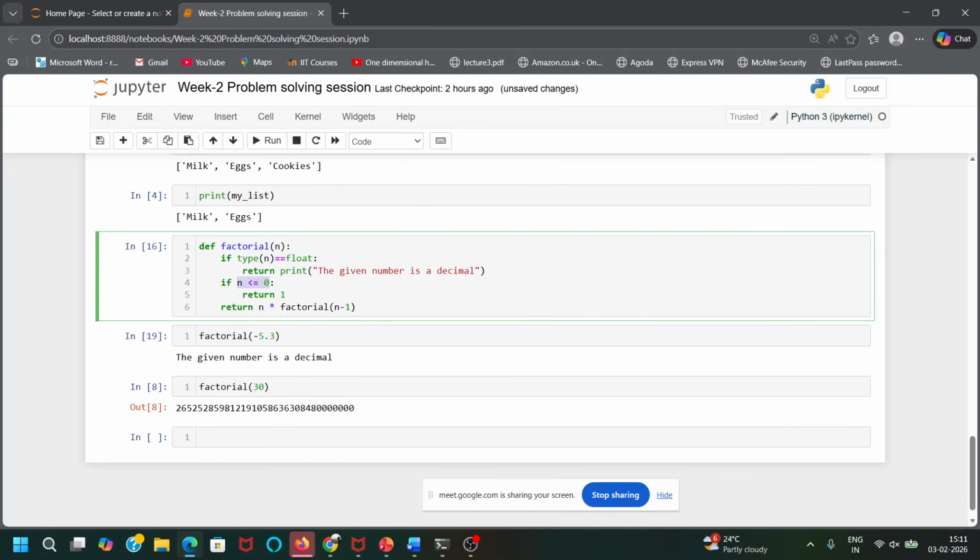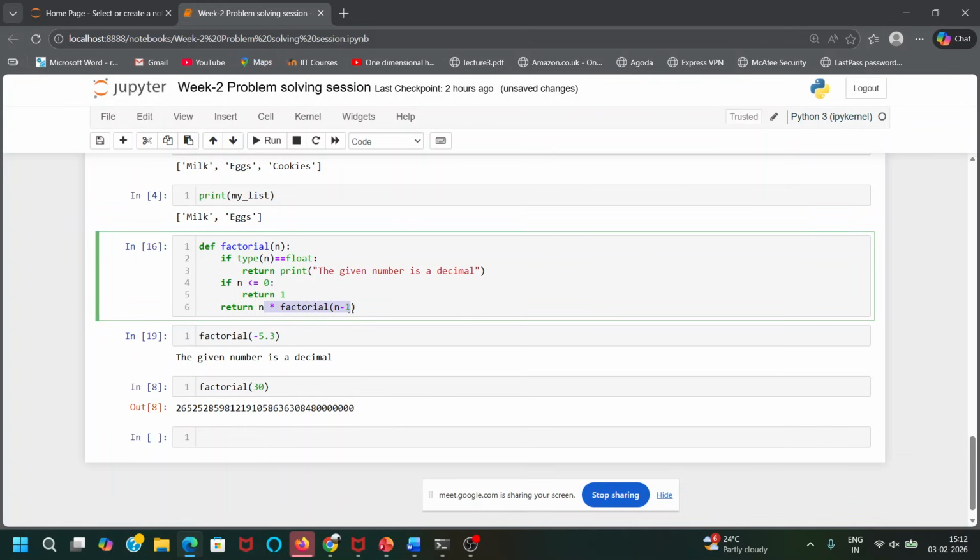If it is less than or equal to 0, it will return 1. Or I can make a separate condition for less than 0 also. If n is less than 0, I can say return the number is a negative number. That condition also I can write, but for time being I'm not writing it. Then if these two conditions are false, it will go to this.